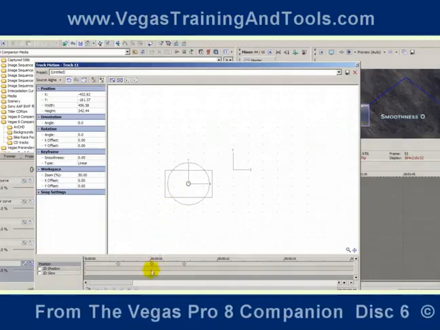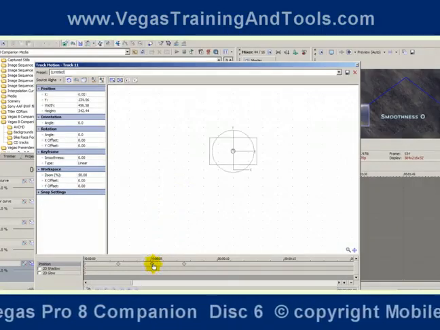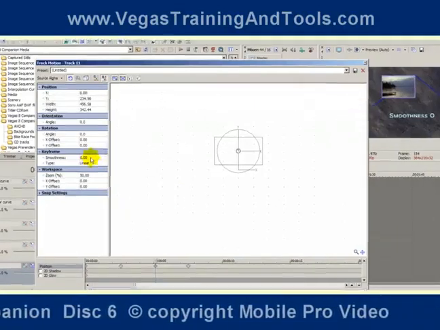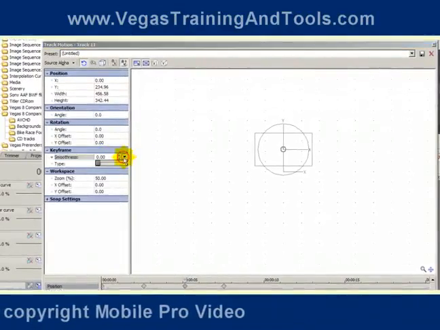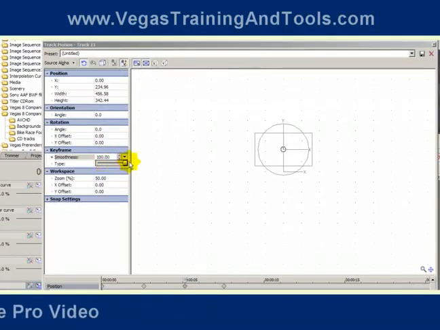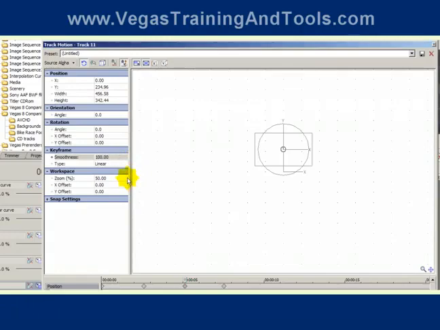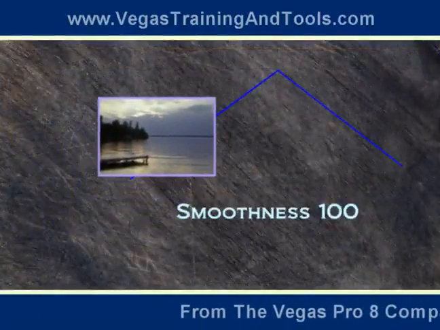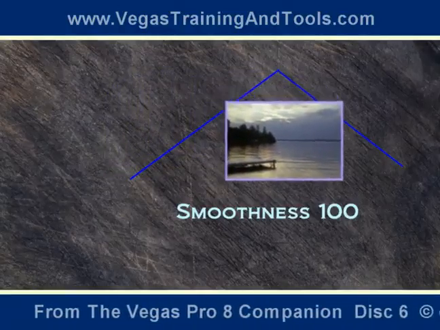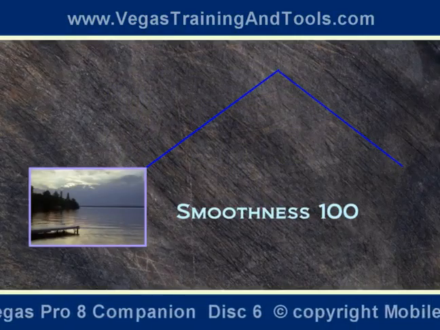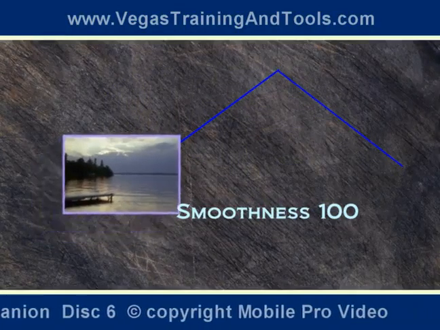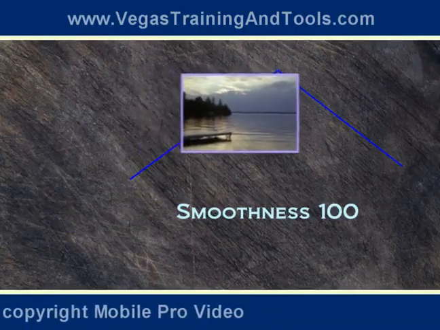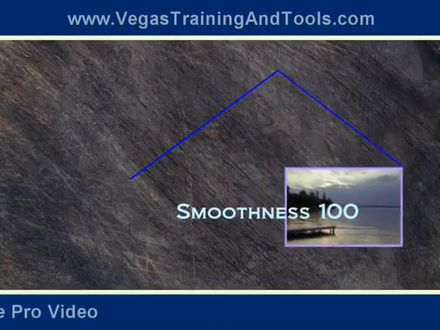But watch what happens if I click on this middle keyframe and now change the smoothness all the way up to its upper limit, which is 100. It's going to take a different path. Basically, it's traveling in arcs instead of straight lines. It's smoothing out its path between the points. So you see it right off the line and down the other side there, not following